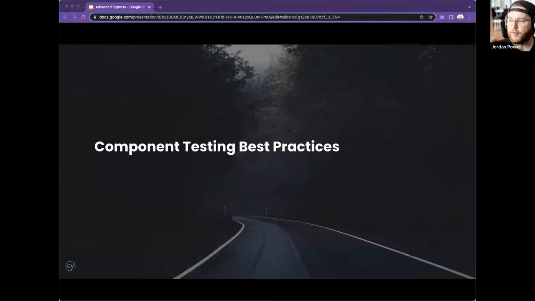Cool. I'm gonna jump to component testing, and then we'll have a lot more time to ask more questions. So I'm assuming, has anyone here written component testing before? It's super new. Most people haven't. They're like, I've heard of it, but I haven't done it. It's something that we can do if we have time at the end, but I wanted to just share some